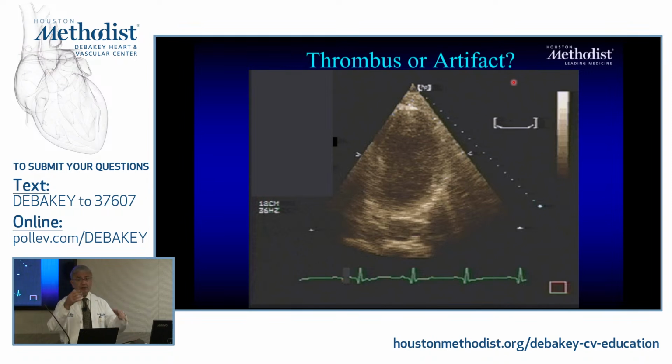And at times you could have mirror imaging because I'm reflecting this circle, let's say the aorta. I could see another aorta down there. Why? Because some of these images are being reflected, and then since they take twice the time, the machine will put the other image below it. So that's mirror imaging. But here in this picture, I see a lot of artifacts. I can't even tell whether there's a thrombus or not. So this could be because obviously either poor penetration from the chest wall or a reverberation back and forth that is crowding the apex itself.